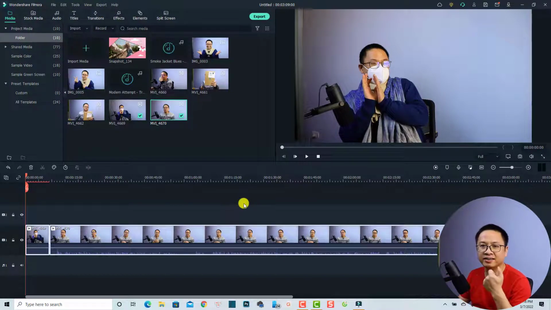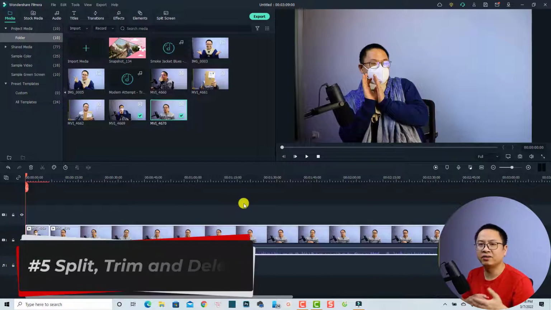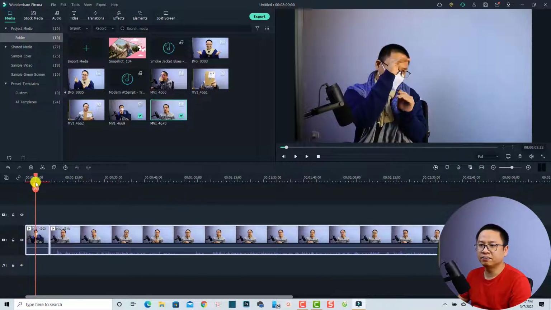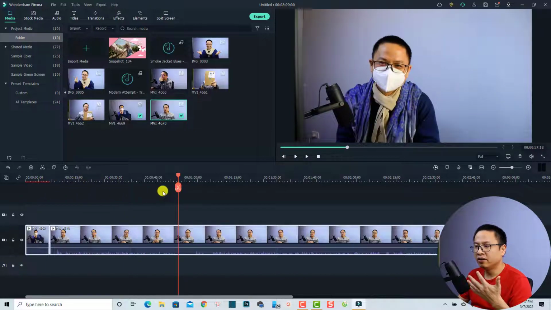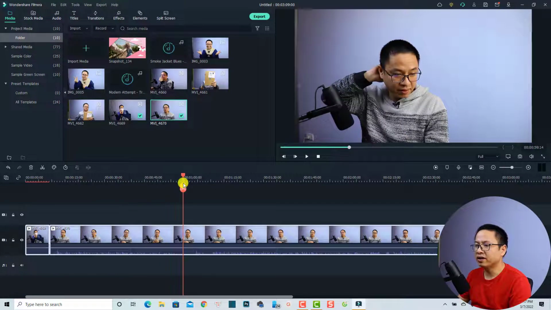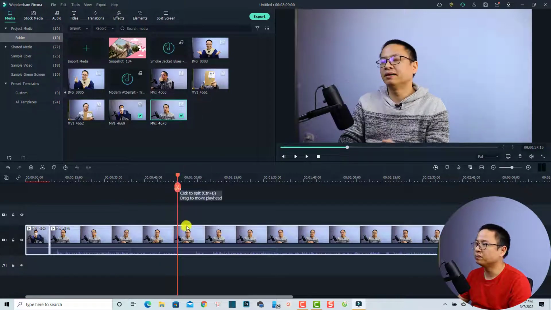for further editing. Now let's say I want to cut out an unwanted part in my video clips on the timeline. It is very easy. On the timeline you have this red line, so this is a playhead. So if you want to split the clip at any position on the timeline, you need to move this playhead to that position. For example, here I want to split the clip at this position. All I need to do is to click this button. Firstly, I want to select the clip first, and then I can click this button just to